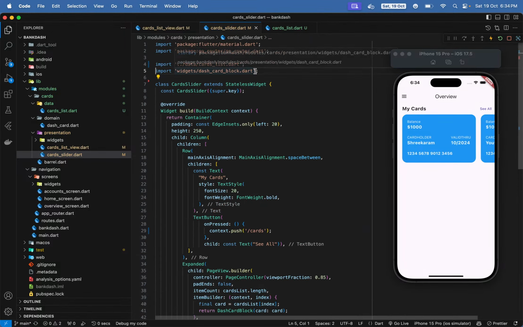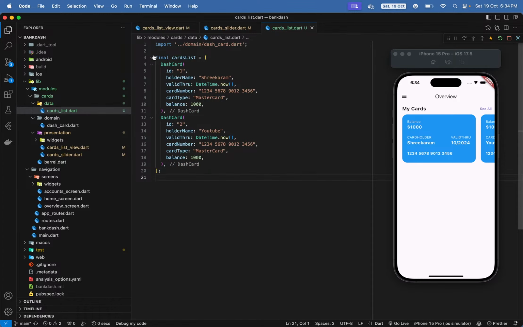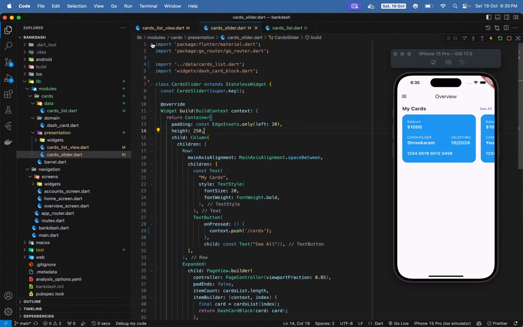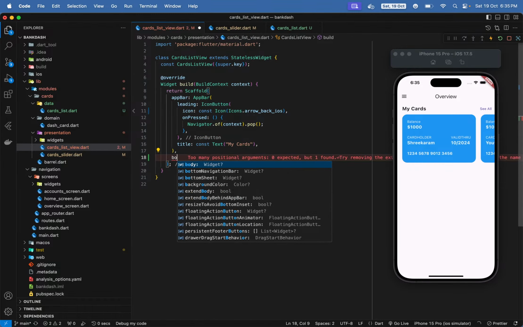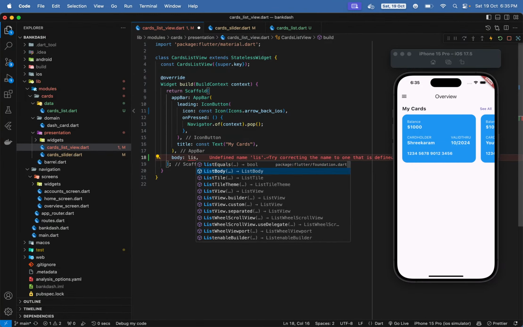Another way you can use it is you can have it in JSON, and then import it by deserializing it using this card. But for now, I'll just keep it as a simple Dart list. So now we have it, you can use it here also. So I'll write the body list view,